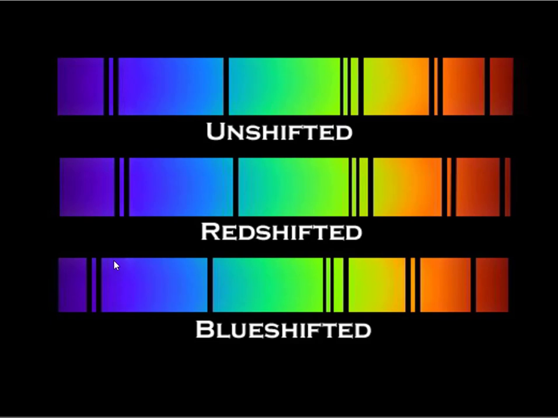And so this gives us a really handy way to tell if an object in space is moving toward us or away from us, which is obviously a very, very good thing to know. But there's another application of this that's really fascinating. So when the Hubble Space Telescope first launched, they pointed it at an empty part of the sky. This is what the Hubble was built for, by the way. The Hubble was built to study other galaxies.